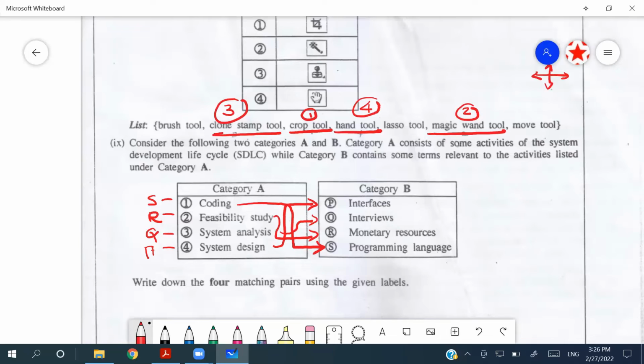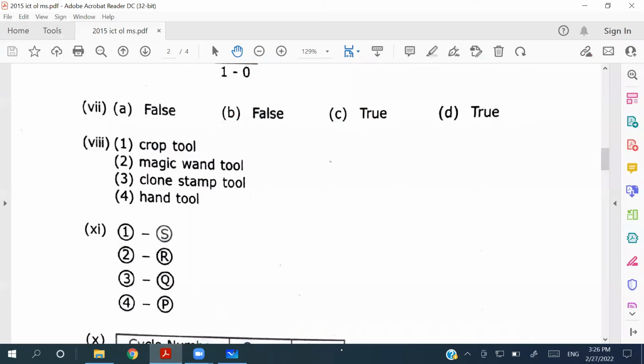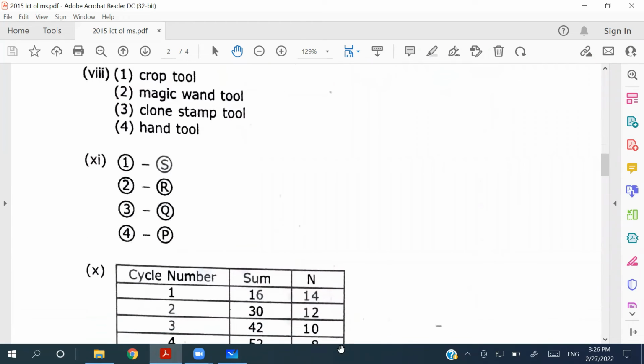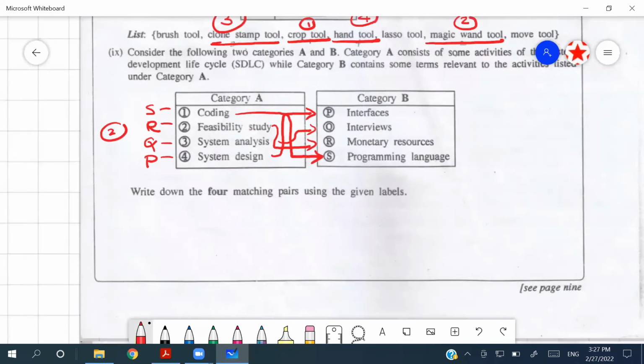Hold on a second, paper. This is not working. Yeah, this one it is P. So 1S, 2R, 3Q, 4P. SRQP, yes. If it is correct, 2 marks. If this is correct, 2 marks as well. So the last one,